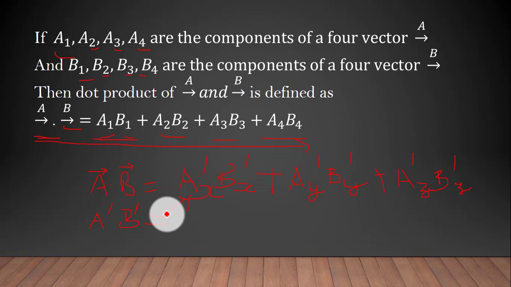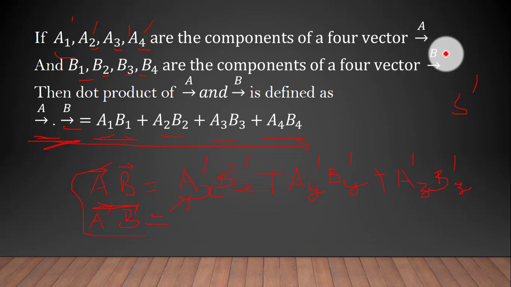So that means this dot product will come out to be equal to what? The vector itself. You can also try it. In a similar manner, for the dot product of 4 vectors also, if we consider the same 2 vectors a and b in the S prime frame of reference, then obviously these 4 vectors are going to have different component values. Suppose in the S prime frame of reference, these values will be a1 prime, a2 prime, a3 prime and a4 prime.